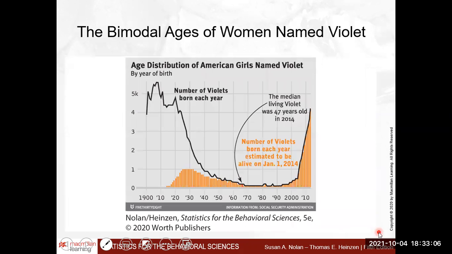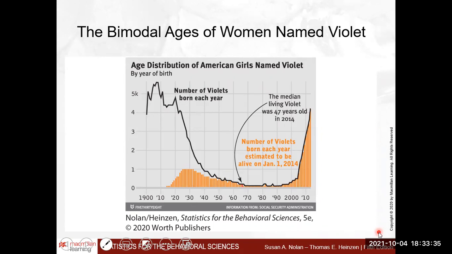So this is a classical bimodal age. And this is why it's so absolutely crucial to depict your data visually, because you need to understand that, right? So the name Violet has been a very popular name in the early 20th century, has decreased in popularity over the 40s, 50s, 60s, 70s, 80s, 90s, and has then had a renaissance in the